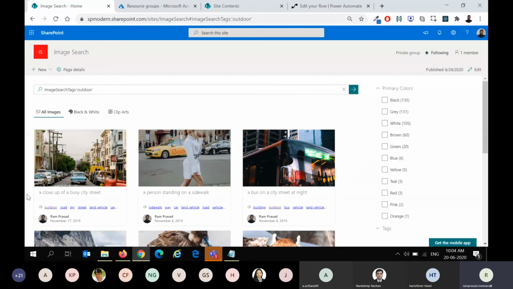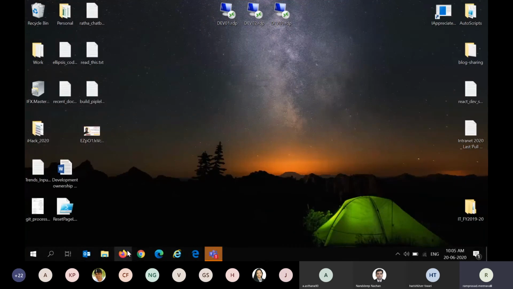What will be involved in building this solution is Azure Computer Vision, and then, like you have seen, we use SharePoint as a front end to show the search results, as well as, in my example, to store the images within a library. And then we use Power Automate to really integrate computer vision into our SharePoint infrastructure. So before we go into the details, I'll quickly walk you through a few.